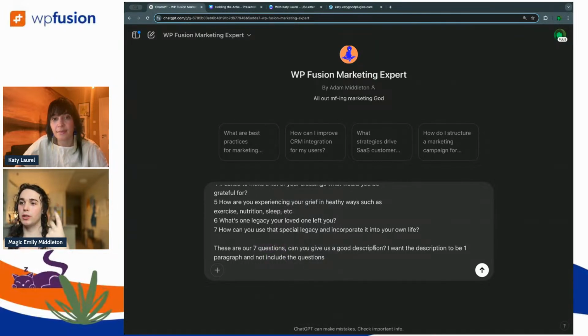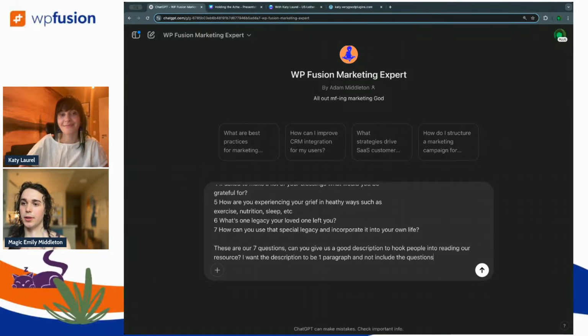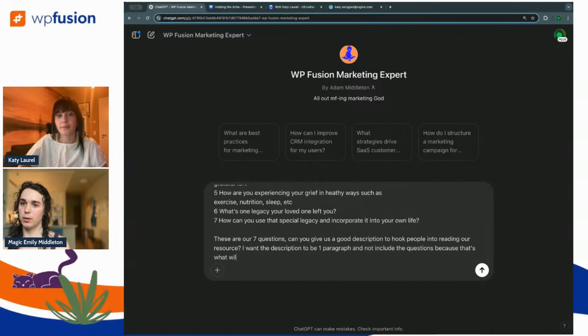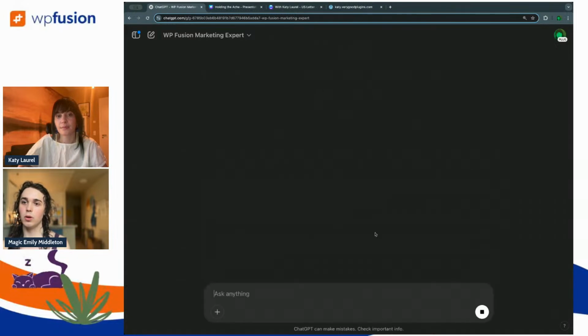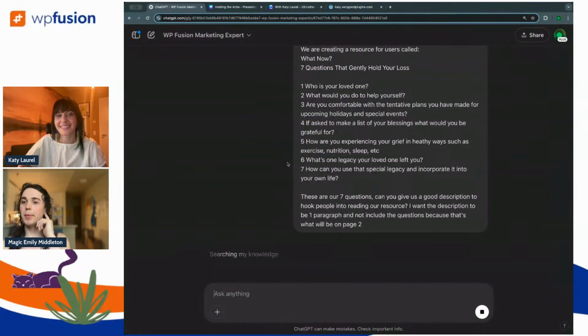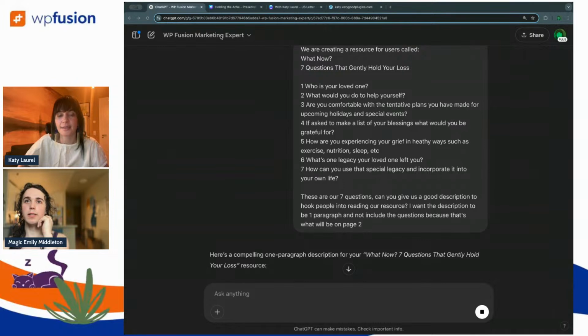We want a good description to hook people into reading our resource. I want the description to be 1 paragraph and not include the questions because that's what will be on page 2. Okay, let's see what it gives us. We will probably critique it like once, but you could spend more time critiquing